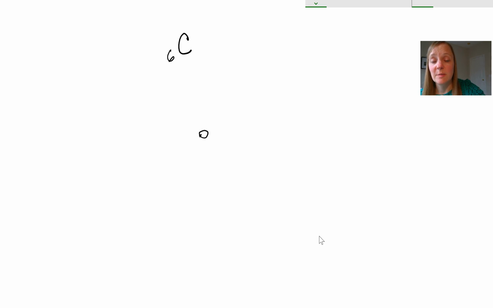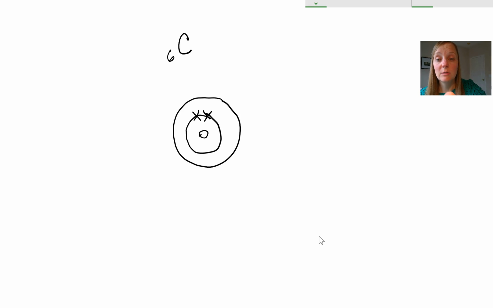So if we draw the atomic nucleus, we're going to start filling electron shells with those 6 electrons. We've got 2 electrons that go in the first shell. That one, remember, is full. So we need a second shell. We have 4 electrons remaining, 1, 2, 3, and 4. And there are your 6 electrons for carbon. Now, the valence shell for carbon here only has 4 electrons. It has a capacity of 8, so it would like to get 4